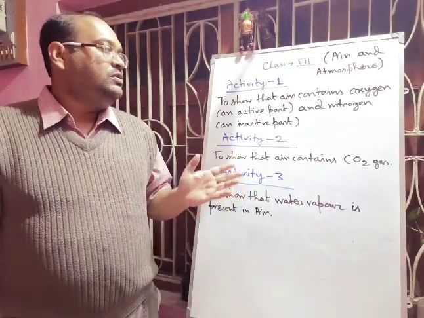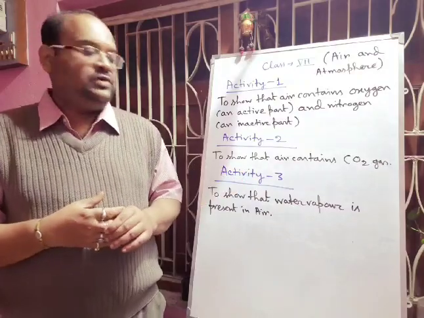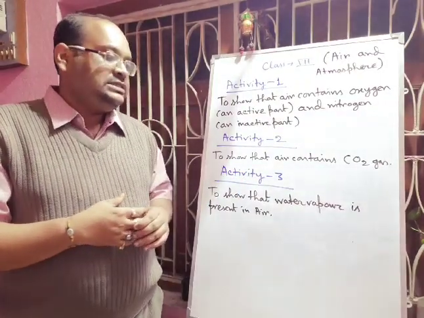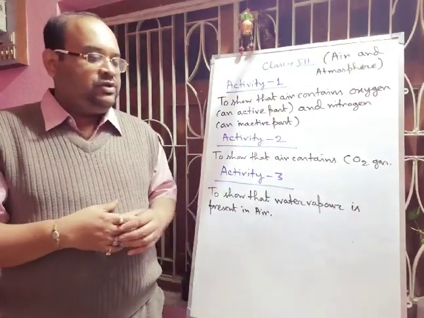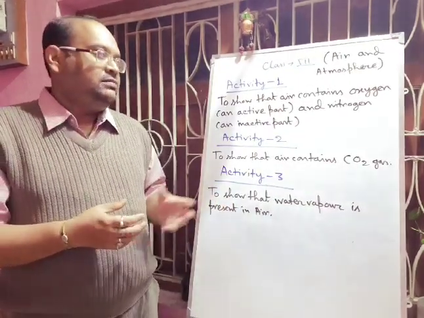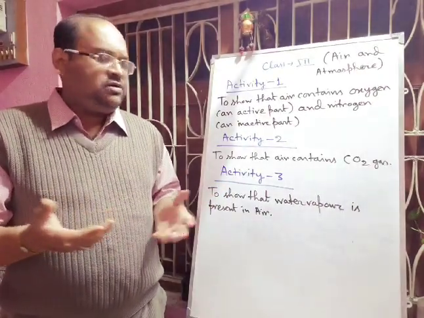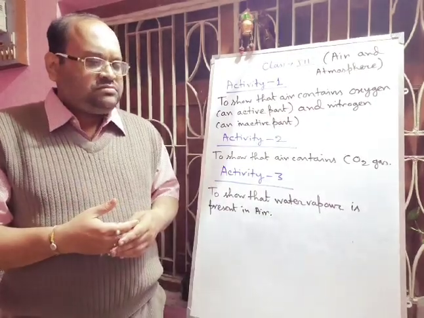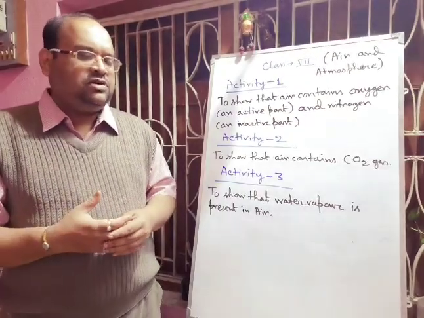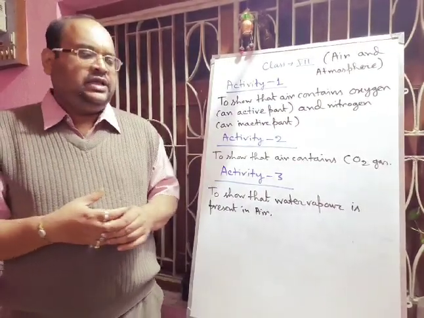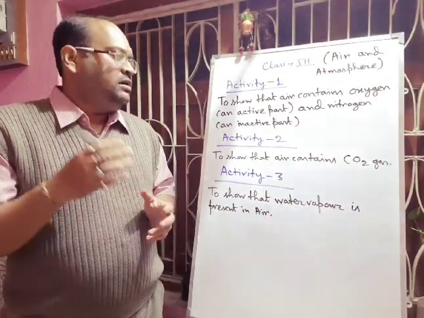Next we will show you another activity. This activity will show that air contains carbon dioxide. So here we have to take one chemical that is not available here. We will prepare this chemical, called lime water. We will take some calcium oxide and we will add water, and if we give hot water, definitely there will be some hissing sound. This calcium oxide will react with the hot water, forming calcium hydroxide. Then we have to filter the solution and you will get a clear solution, that will be lime water.